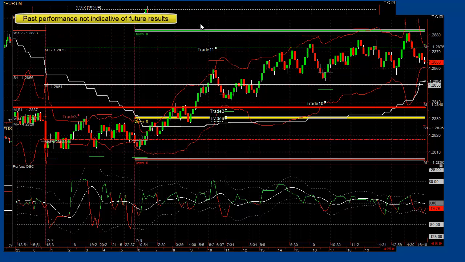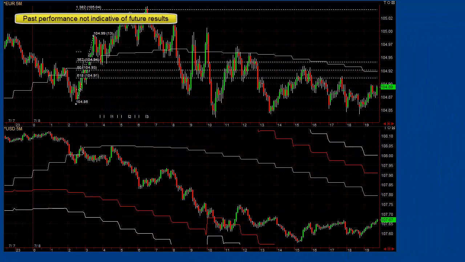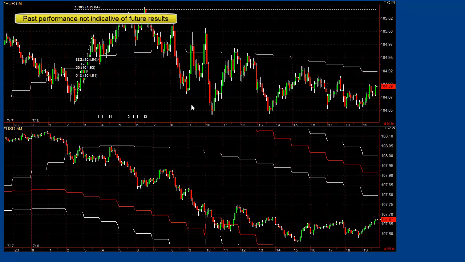Our next release is going to have a slew of new tools, including new signals that are based on swings and enhancements with our older technology, which if I brought up our older method, you would probably see like 15 or 20 trades showing up during the day. Some days 50 or 60% win, other days 30 to 40% win. These new signals are based on swings, Fibonacci retracement levels, Fibonacci profit targets, and of course our currency indexes,